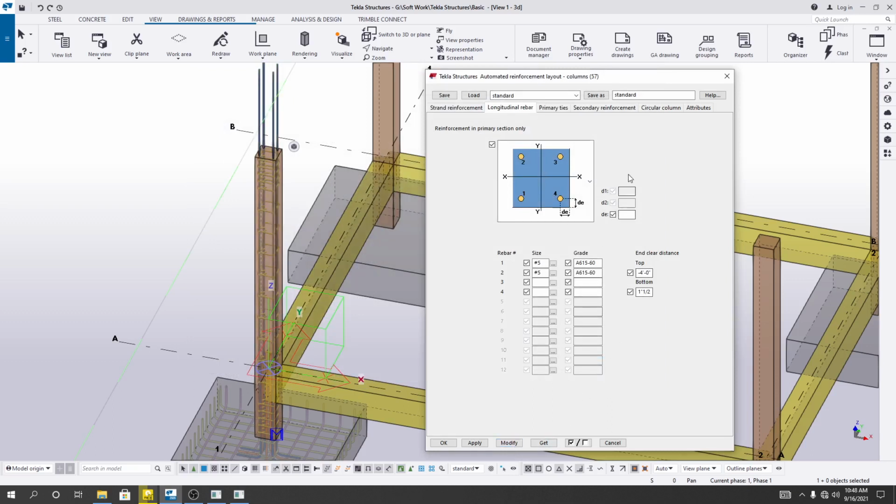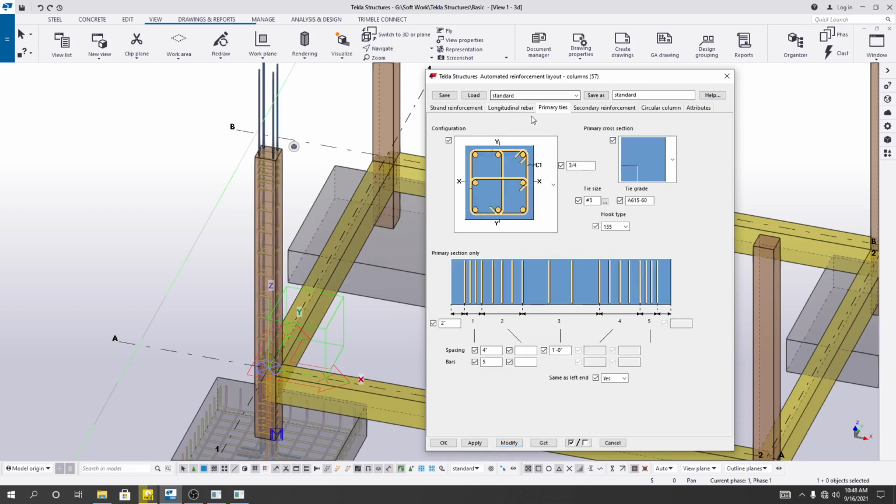Just see, it has changed a little bit, and again I'll go for primary ties, and here you can change the arrangement by clicking here. So as I'm providing the 4 ties only, I'll just go here and use that one, as I'm only using 4 ties. So if you do like that, then also you can change it as per your requirements. I have no issue with that. Okay, so I'll